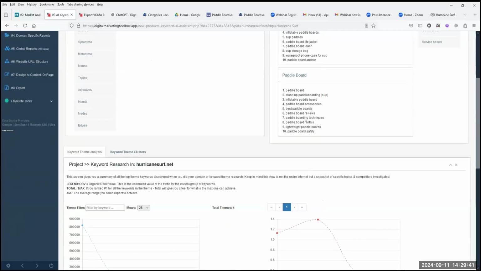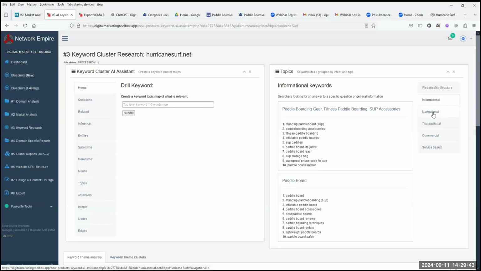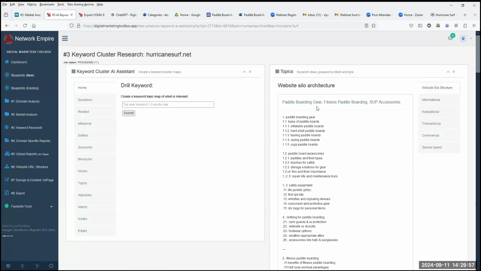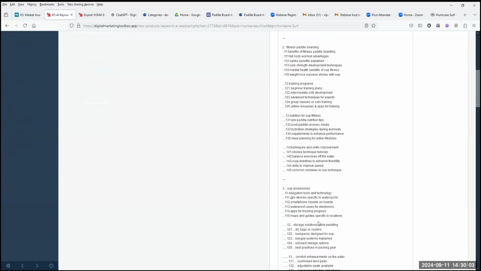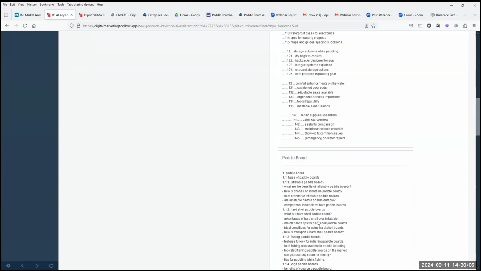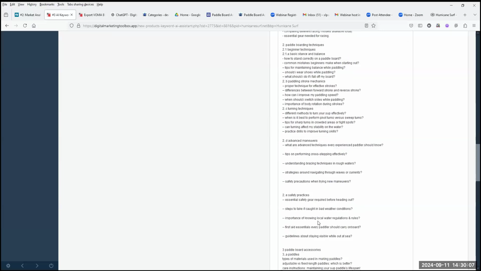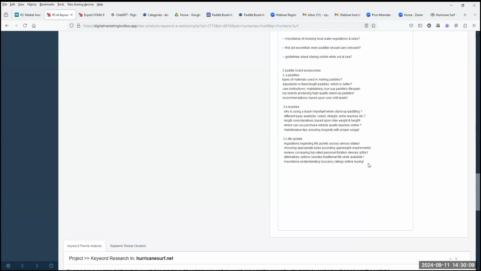So when we look at paddleboard: informational, navigational, transactional, commercial, service based, questions, related influences, entities, synonyms, meronyms, noun topics. It gives us all the topics related to a specific thing. The website structure. Why do we do this up front? It gives us all the topics that people are interested in, right? But what's more important, for a silo page, let's just say you're talking about a silo page or a home page, you can copy and paste